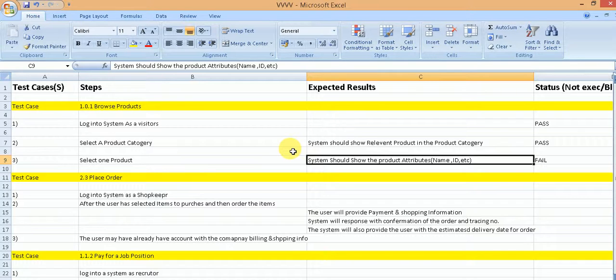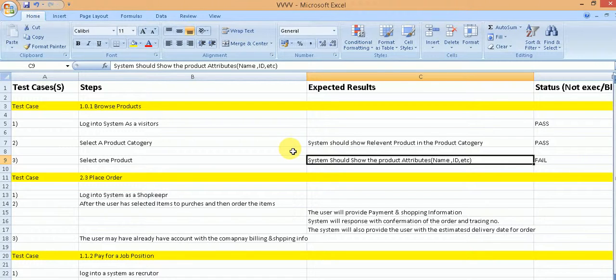So let us say you were able to log in, so you gave it as pass. Then you selected a product category of watches, so it showed you different watches, so this is also a pass. Then you selected one particular watch out of the different products shown, and it did show the watch name, watch price, tax, and delivery days, so this is also a pass.